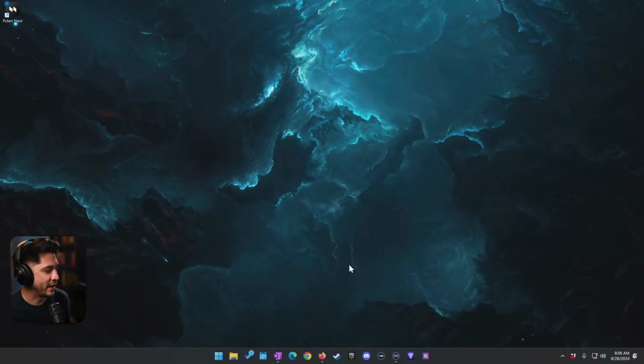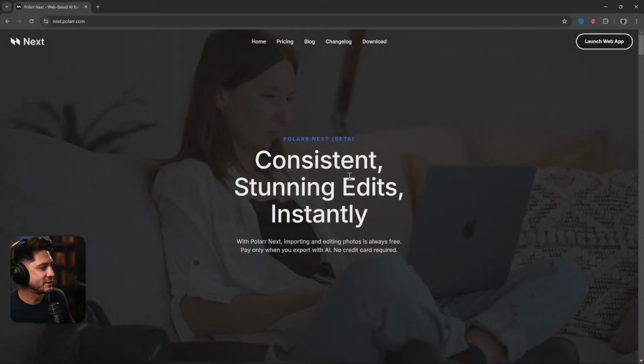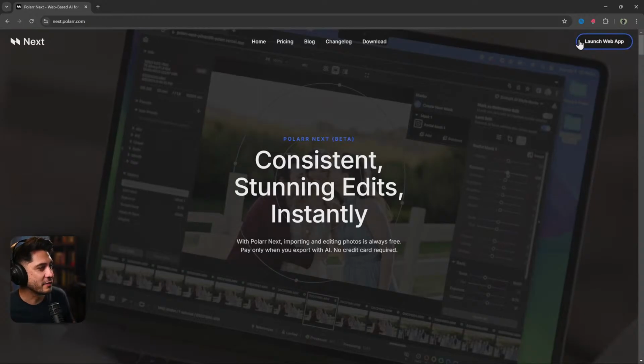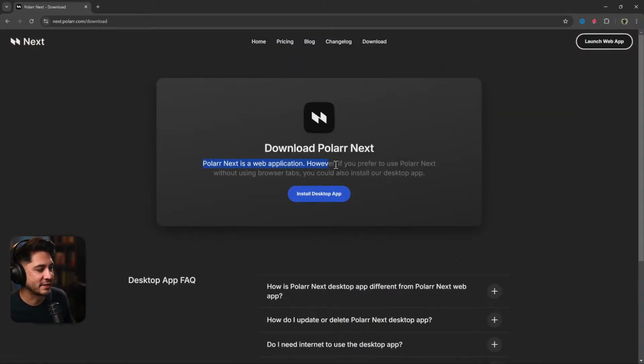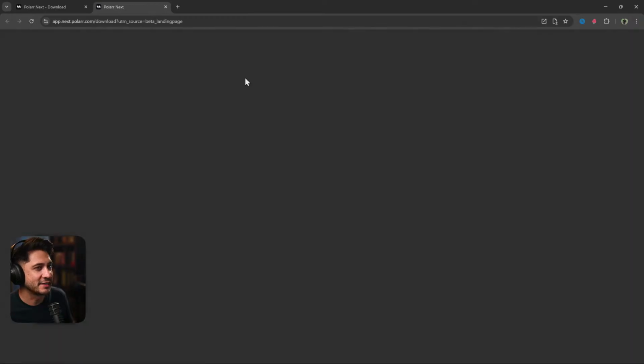So let me go ahead and click back into Google Chrome real fast. All right, so we're back in our web page. Now, instead of going to the launch web app, we've got this little tab up here that says download, and when you click into it, we say Polarr Next is a web app. However, if you prefer to use Polarr Next without using browser tabs, you could also install our desktop app. So when you go ahead and install that,